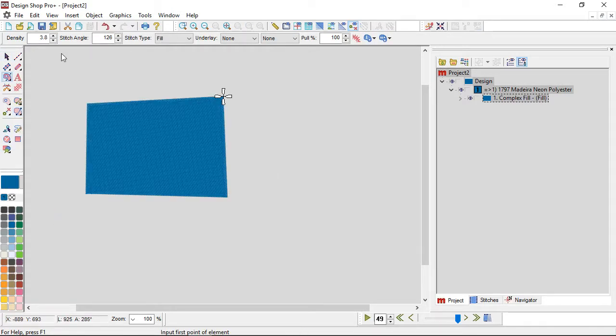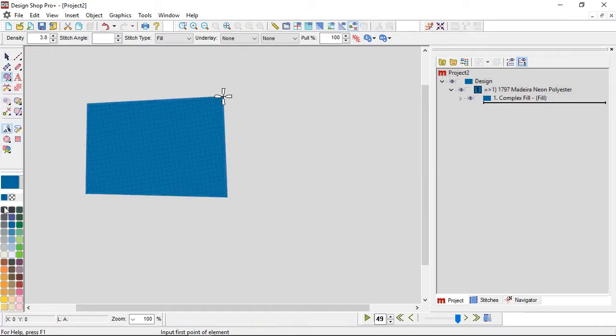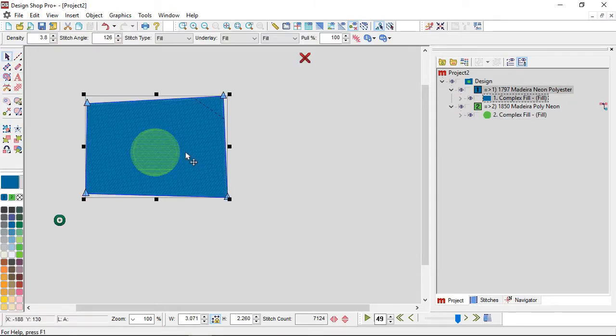And in this fill, let's say that I needed to add a hole, or if there was a different color of something over it. So I had this circle over this fill, and I wanted to cut out the stitches underneath. I have the ability to do that. Now when I'm digitizing, I can do that very easily with just adding the hole as I go. But if I've completed it and that step has passed me up, I can go back in and edit in that hole. And the first thing that I would do is select the element that I want to edit,